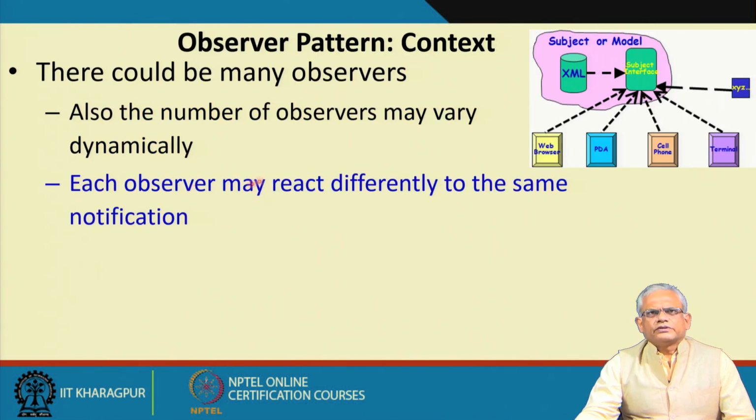There can be many observers and the observers vary dynamically, some may come and go, and the model changes state asynchronously, and also the different observers may react differently to a change. For example, somebody may be using a desktop and there may be the actual match being shown,